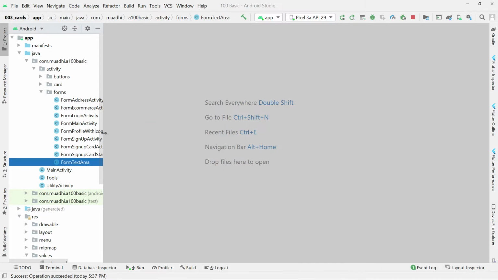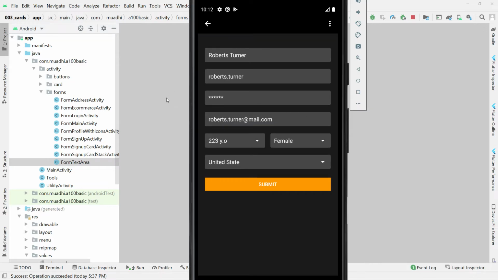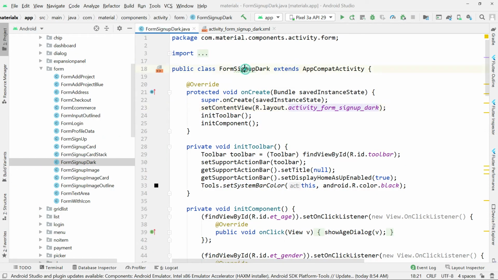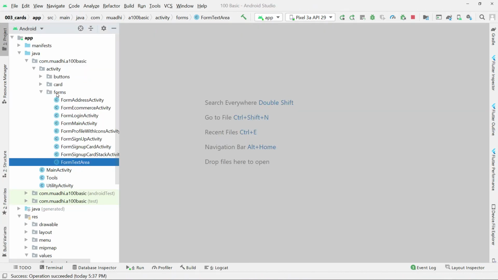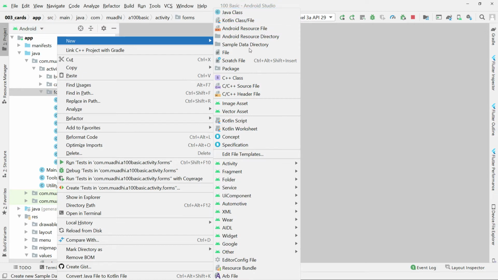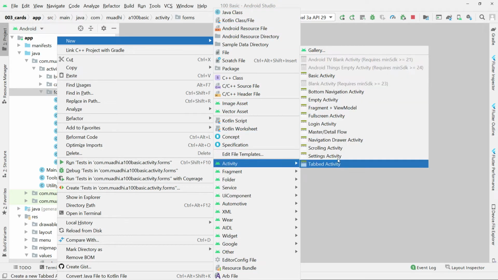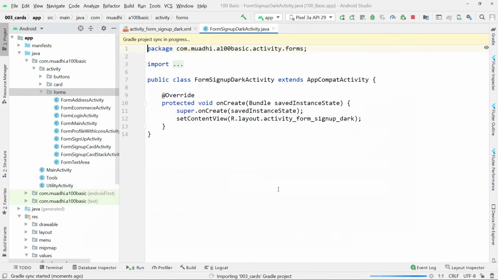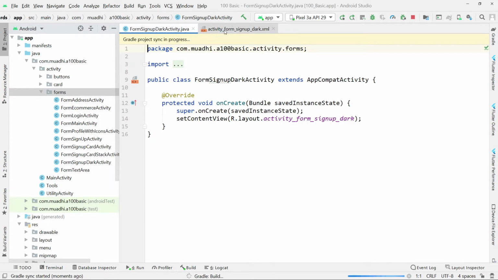So in the very first place, we're going to begin by creating the activity which is going to hold this dark mode form. So I'll simply come and get the name here and come to our form section. I right click there and say new, and then I come and say activity, and select Empty Activity. So I'll say form sign up dark, or form sign up dark mode, since it's a dark mode form. So I'll click on finish to start creating this activity, and then after we'll have the